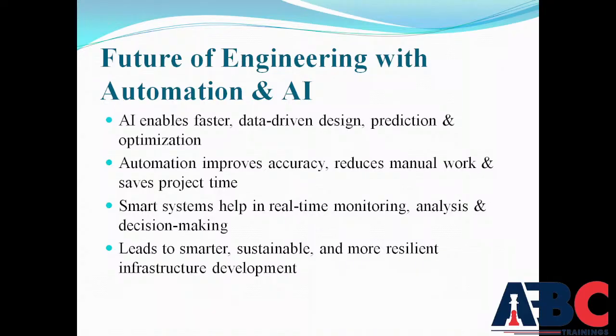The first one is that artificial intelligence helps engineers move beyond traditional manual design methods by using algorithms that learn from large databases. Key benefits are generative design, which automatically creates multiple design options, predictive modeling to identify failures before they occur, optimization of material, dimension, and structural efficiency, and risk assessment using historical and real-time data. It means we can assess the risk, we can optimize the data, and we can generate data automatically.